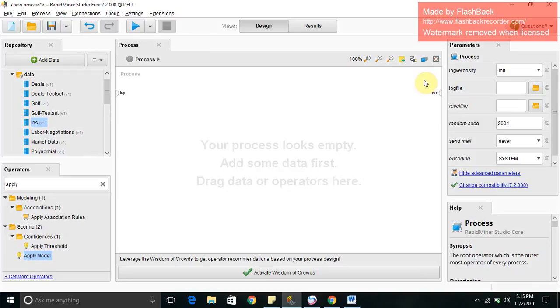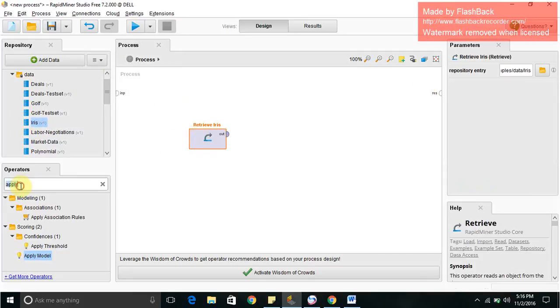The Bayesian classification is based on Bayes' theorem. A Bayesian classifier can predict class membership probabilities, such as the probability that a given tuple belongs to a particular class. A naive-Bayes classifier assumes that the presence of a particular feature in a class is unrelated to the presence of other features. So to begin with this experiment, I am taking the iris dataset and I am using the